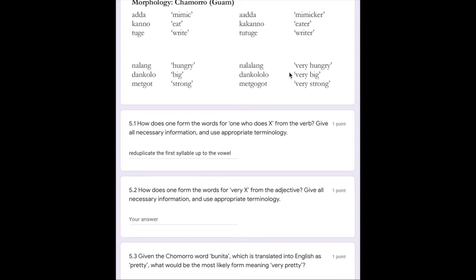In the first line of data, we noticed that we reduplicated a consonant and a vowel A. In the second line of data, we reduplicated the consonant and a vowel O. In the third line, we reduplicated a consonant G and a vowel O. We noticed that the part that is being reduplicated always involves a consonant and a vowel together. Therefore, for this question, what we can put in here is